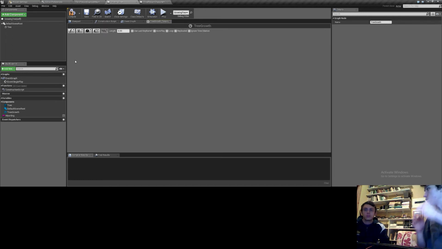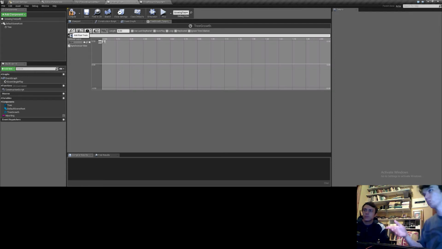So this is going to be one of the variables that changes over time. Okay, we're going to just make this a float because this is just a number. It's a number that's going to change over time. You can use this number to drive whatever you want. Like it can be abstract or whatever. We're just going to use this to drive the scale. So this is the scale. That could be